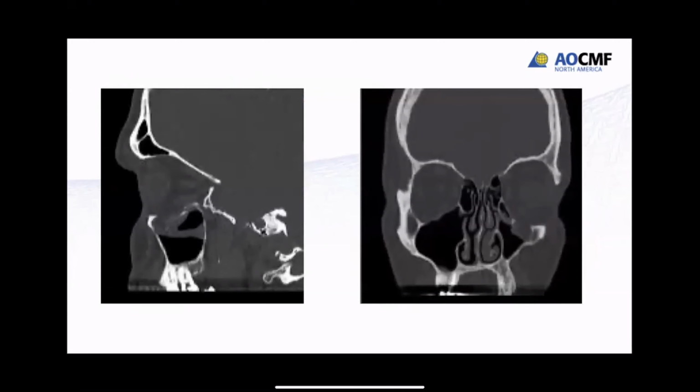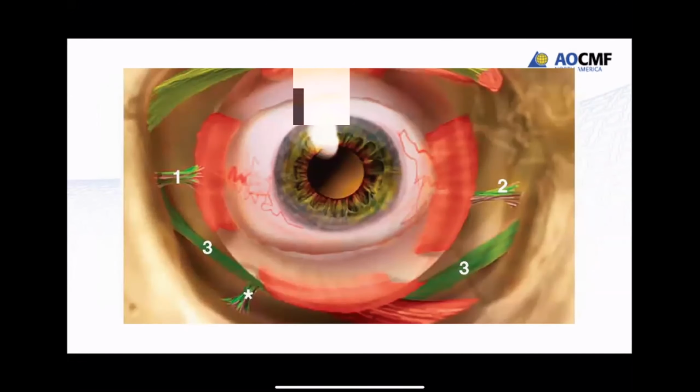So when I look at something like this, this is a different story. This has got a very large opening, and I'm not so concerned about the muscle going down. And the reason I'm not that concerned about the muscle and the orbit going down is this. This is showing the muscles and the structures that are supporting the globe. And number 3 here is the Lockwood's ligament, and that's actually